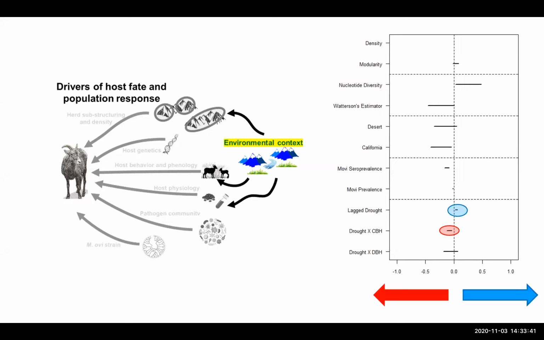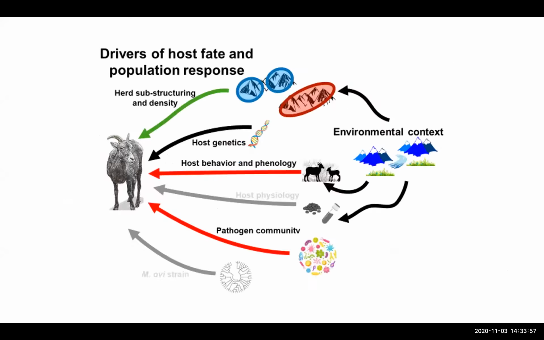We also saw that drought had more of a negative impact on our California bighorns rather than our deserts. So even though we anticipated that deserts might have increased pathogen spread from more congregating during drought, it seems that in general, they're just more adapted to dealing with drought. So we are starting to see that there are some effects of different drivers, changing what we see for lamb recruitment following die-offs. So these are some good starts, we think, on understanding what's happening in these post-die-off years.